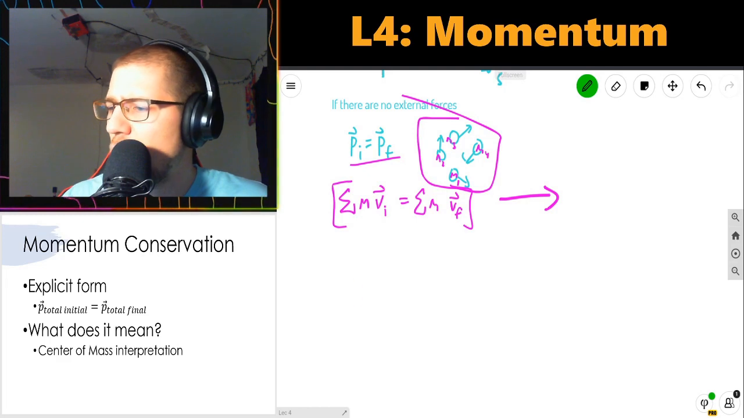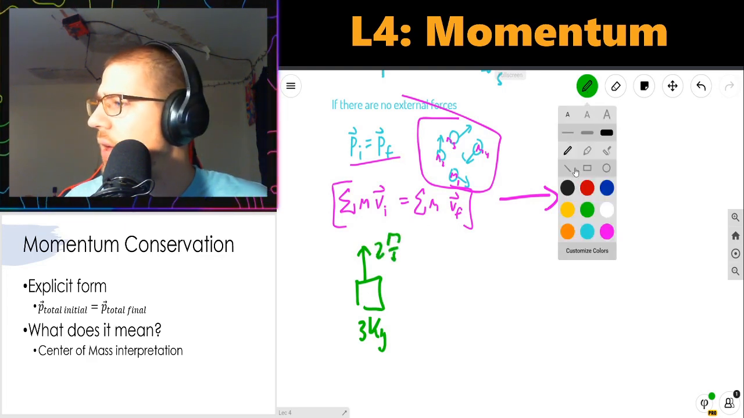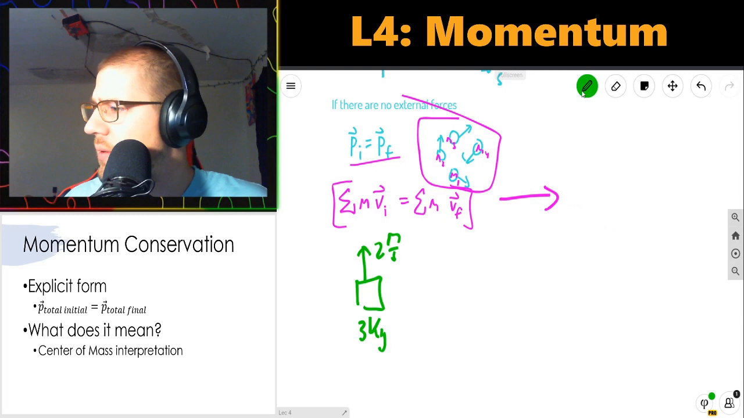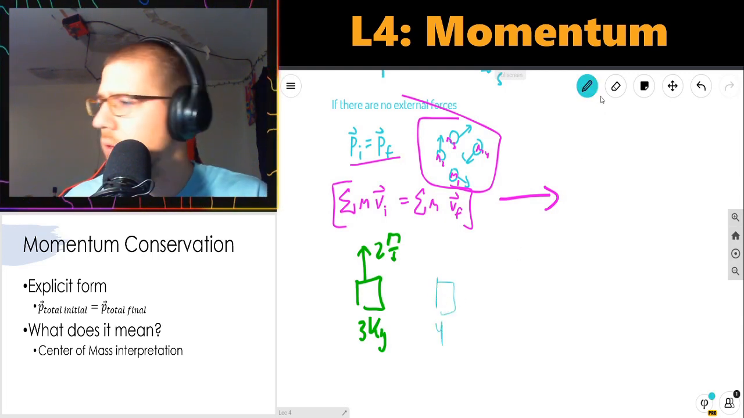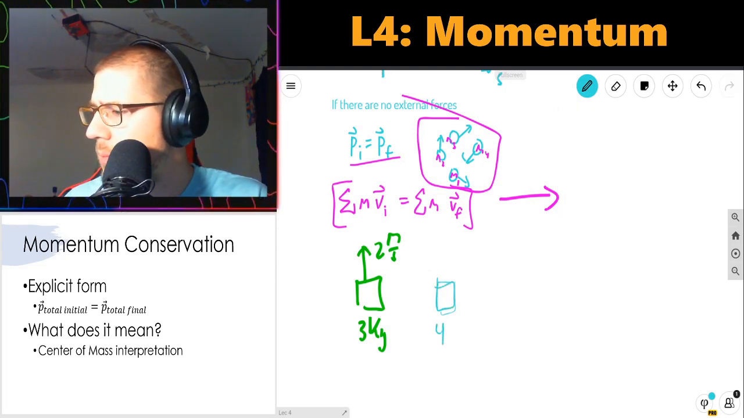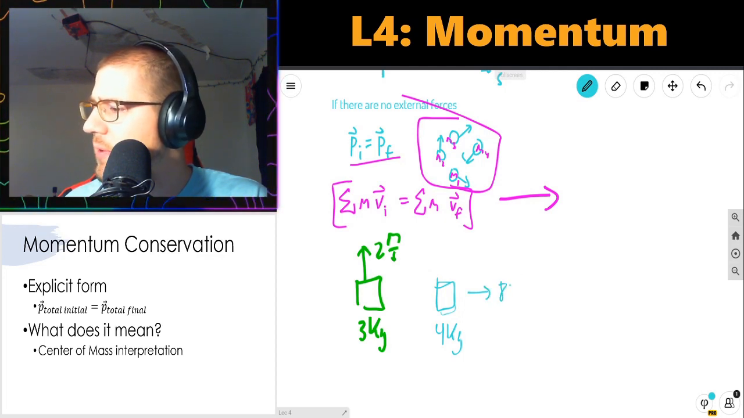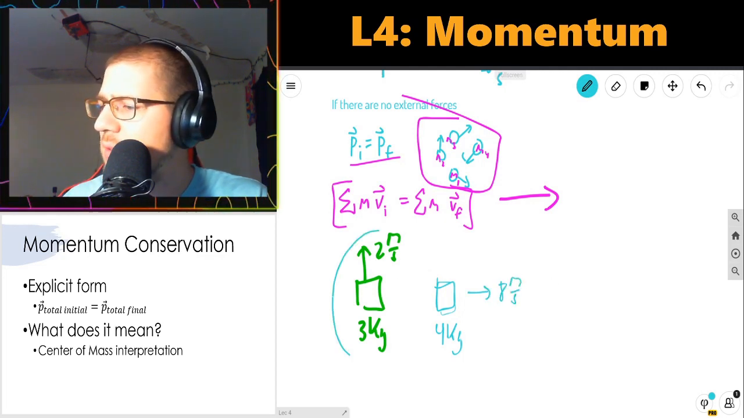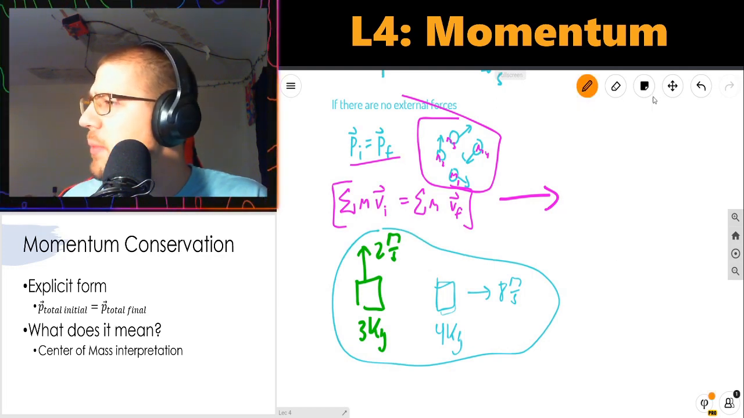Say that I had one mass that was 3 kilograms, and it's moving up at a speed of 2 meters per second. And I've got a second mass that is 4 kilograms, and it's moving to the right at 8 meters per second. And this is my system. I'll draw a little bubble around it. The total momentum of the system,